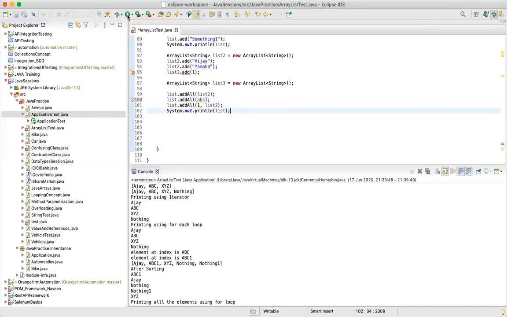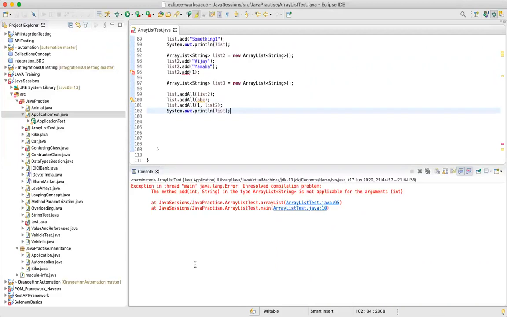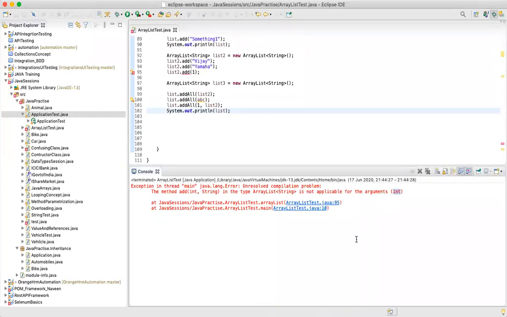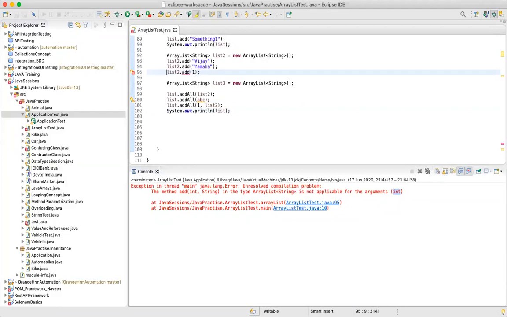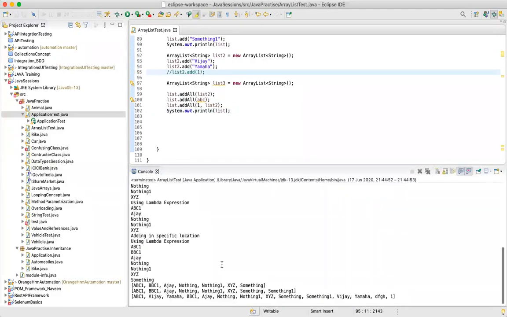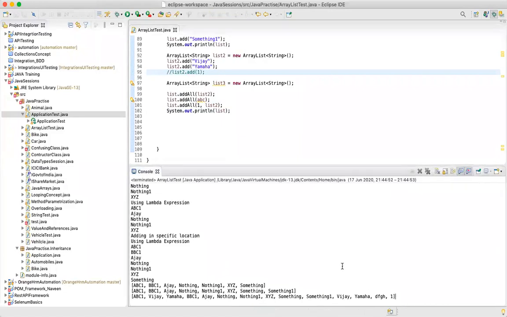Now when I print this, it gives a compilation problem, because in the type ArrayList of string, the method is not applicable for the argument integer. That is because of line 95. You can comment that. Sorry, let's do add 1. Okay, so we have the string and one.